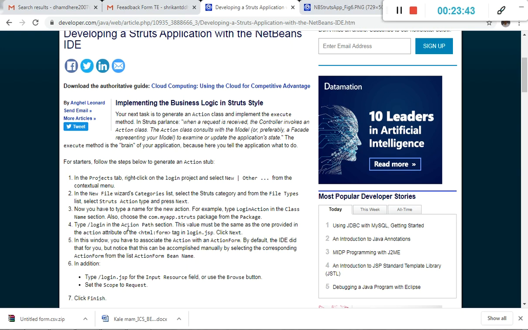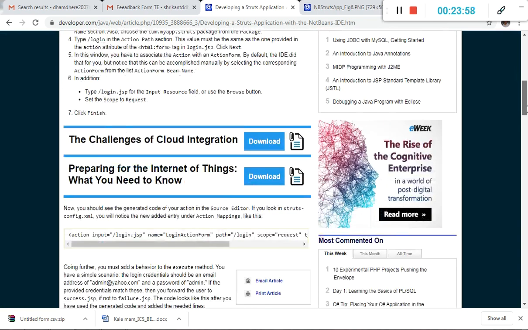Then in the action path section, this value must be the same as the one provided in the action attribute. That one is a form, that one is login.jsp, and click on Finish.